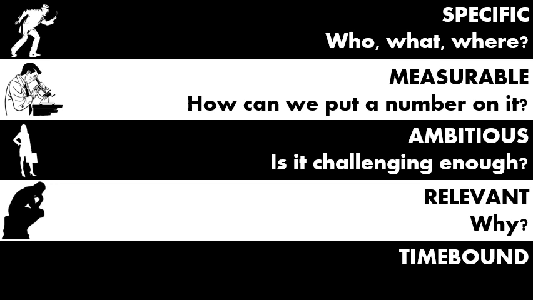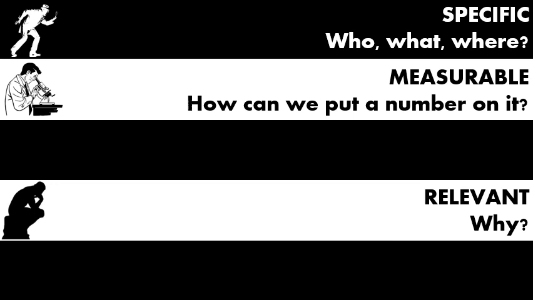And why are we doing this? What's the point of the goal? And for time-bound, we're going to have death, and he's going to ask us when's it all going to be over? And together, by answering all these questions, we can make sure that our goal has the information it needs to be effective. We're going to start out by talking about specific, measurable, and relevant, because even though they don't go together on the acronym, they do go together conceptually.